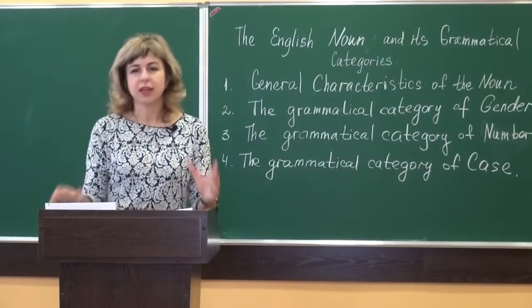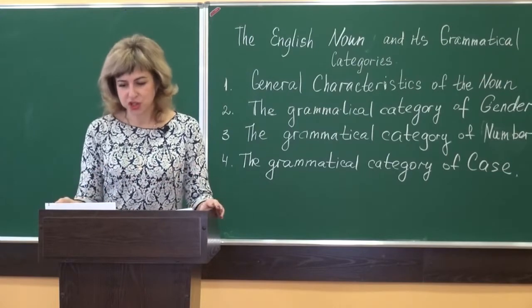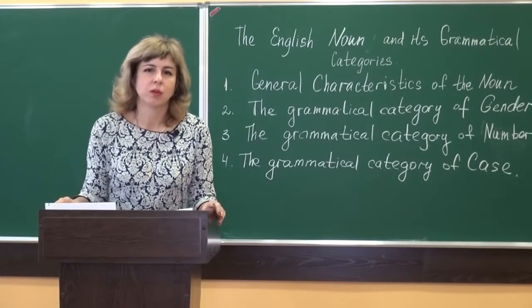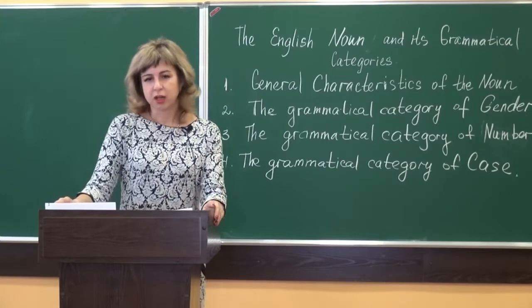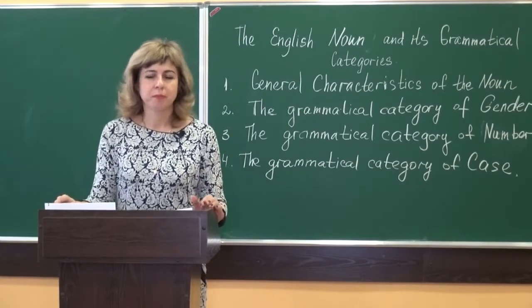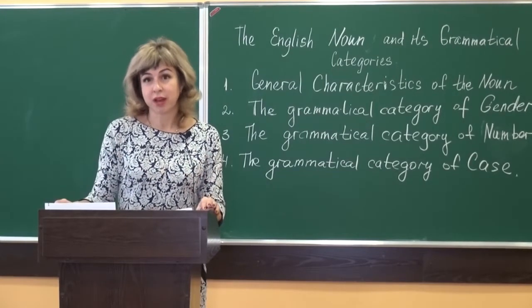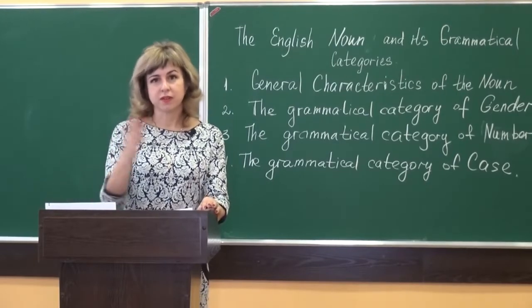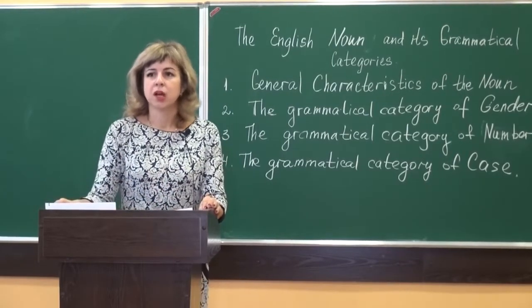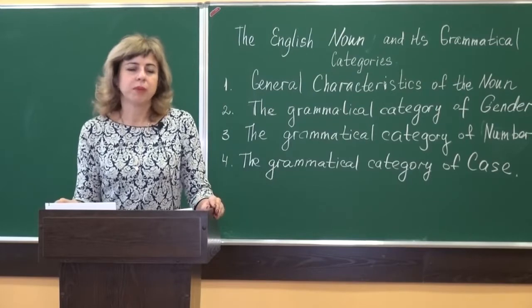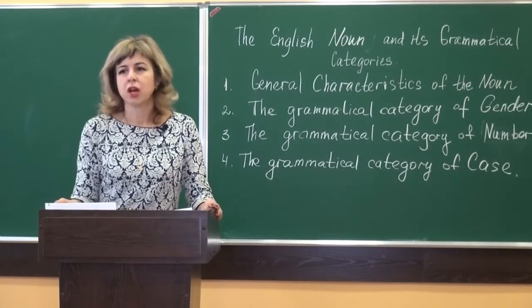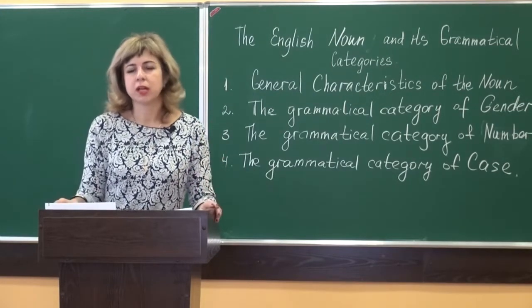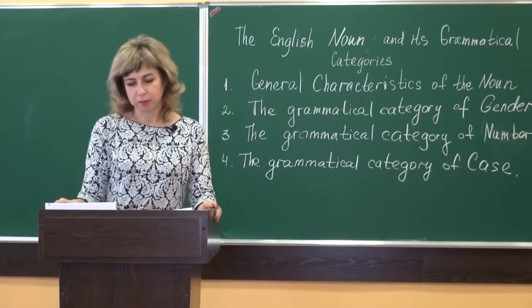Conceptual means that it reflects the quantitative relations between homogeneous objects of reality. The category is represented by a binary privative opposition of singular and plural nouns. The plural form being the strong member of the opposition, and the singular one being the weak component of the